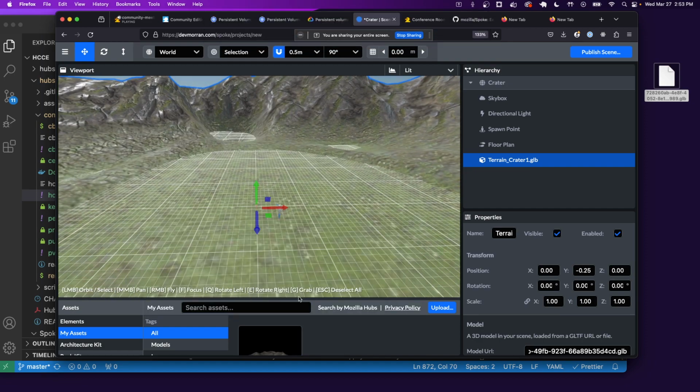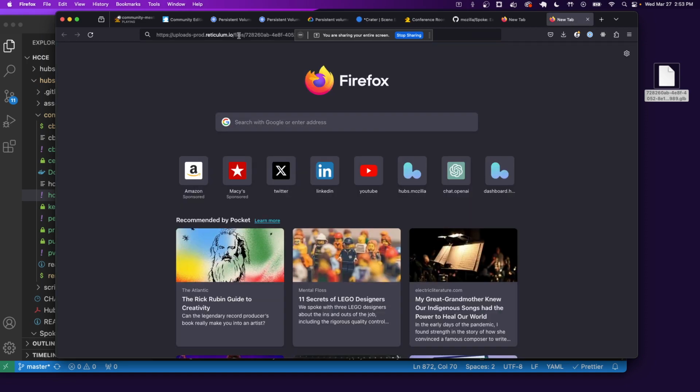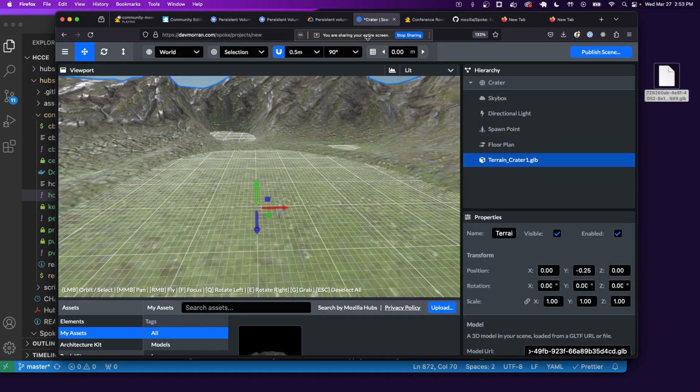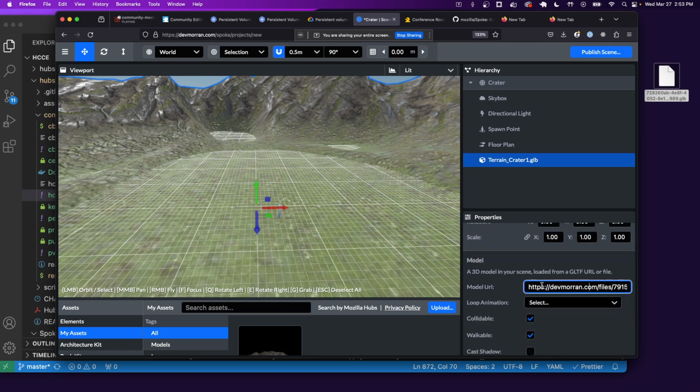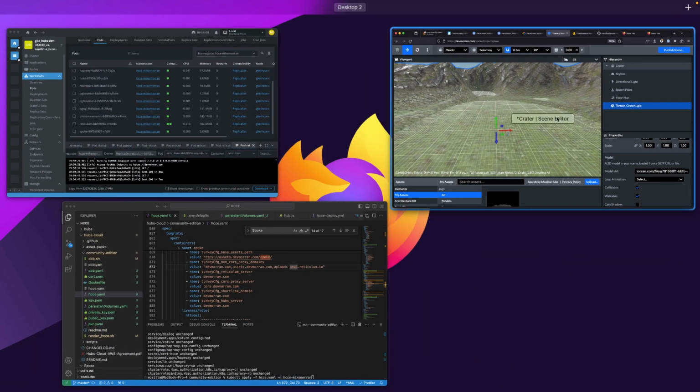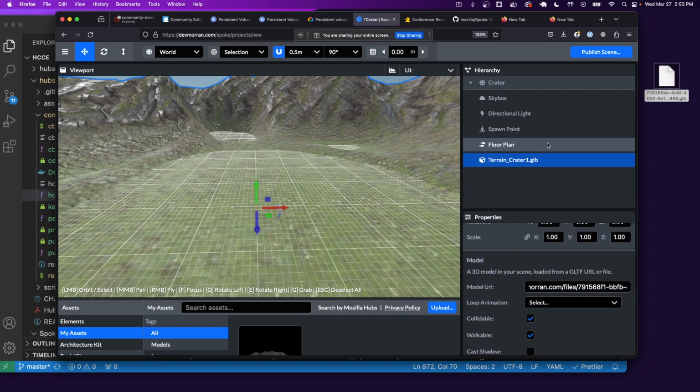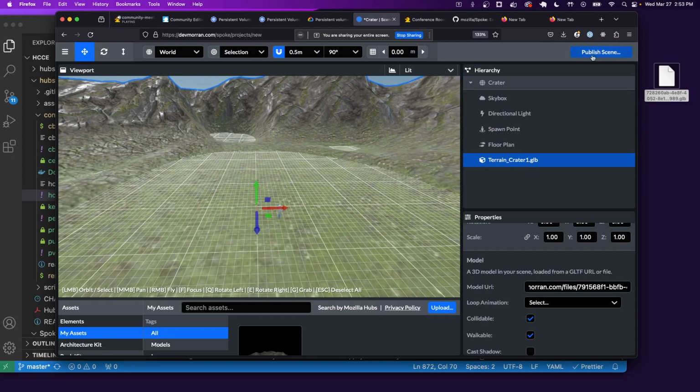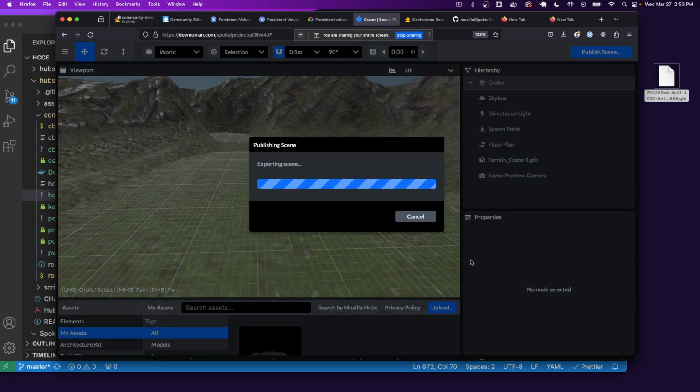What I did just now to fix it was I opened the uploads-prod.reticulum URL, downloaded the default crater scene, and then uploaded it. So if we look at our model URL now, we should see it's hosted on dev.moran/files. Maybe let me mark down that we should try and go back and fix that CORS issue. But if I go ahead and publish this,